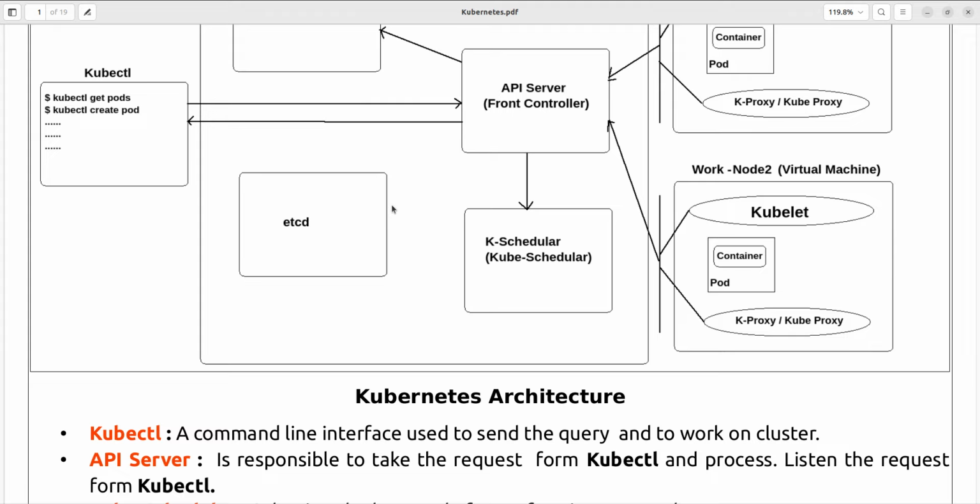And suppose I want to know how many nodes have joined the cluster, that detail will be in etcd. I want to get the detail of how many containers are running in the cluster, across the nodes. So all these details will be inside etcd. Okay,